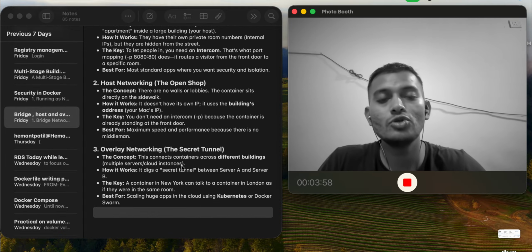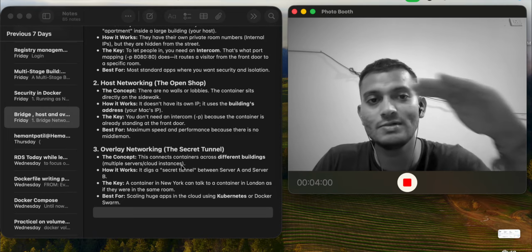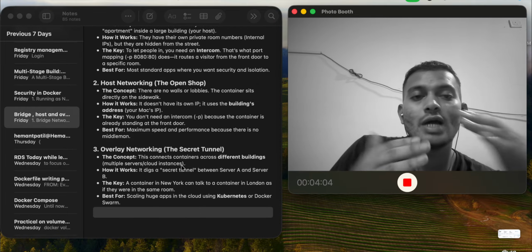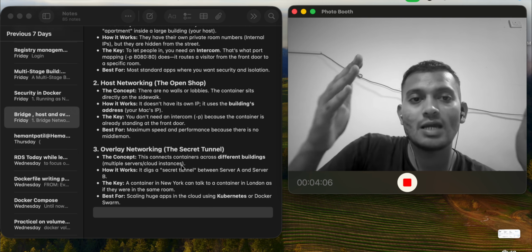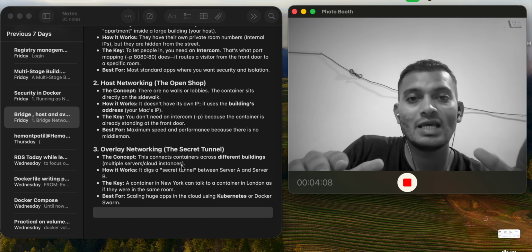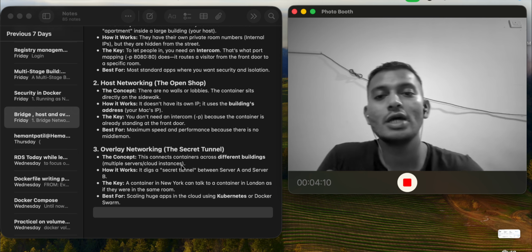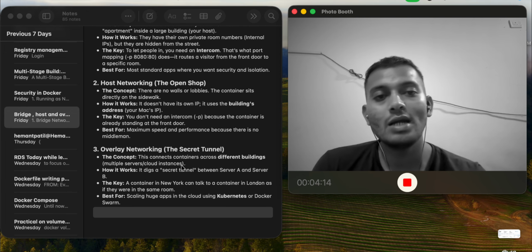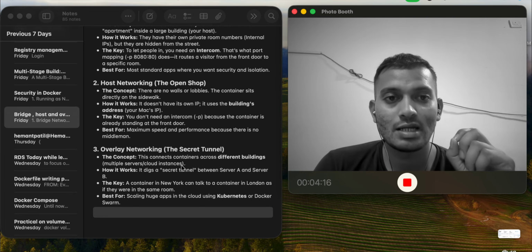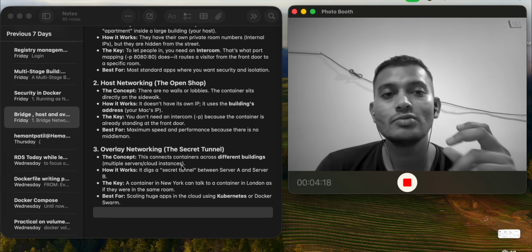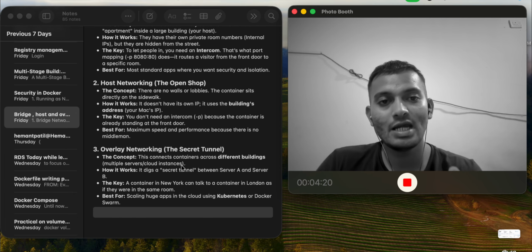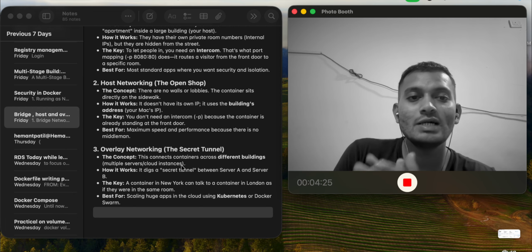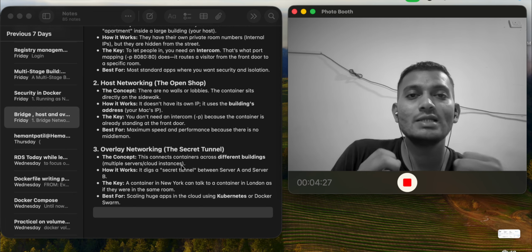For that you need to build a layer on top, so that all the 10 containers can feel like they are in the same laptop. For that you are going to use overlay networking. What overlay networking does is create one tunnel. With the help of that, all the containers can feel like they are in the same